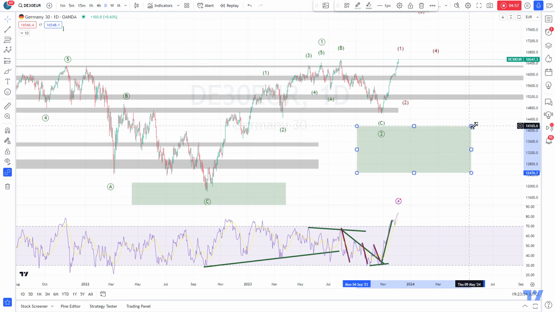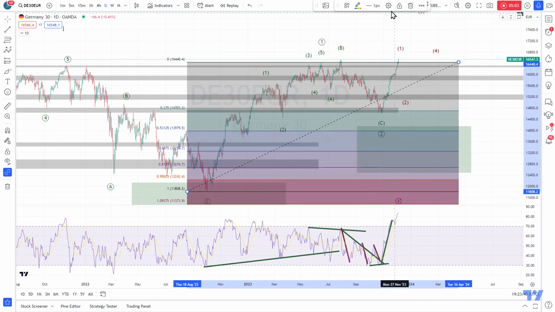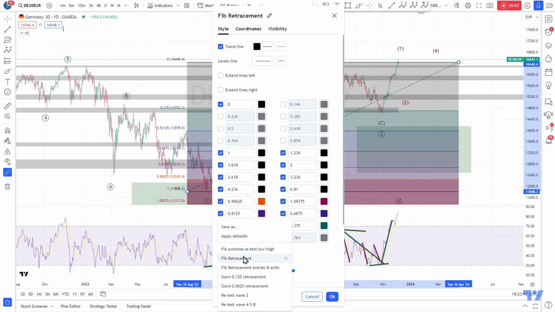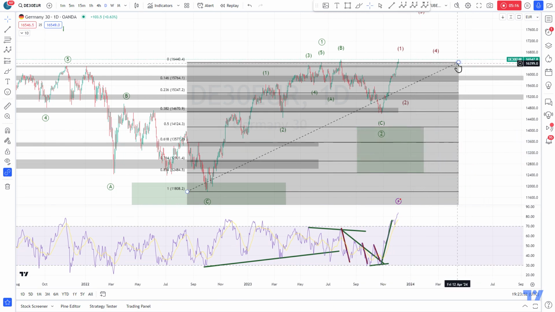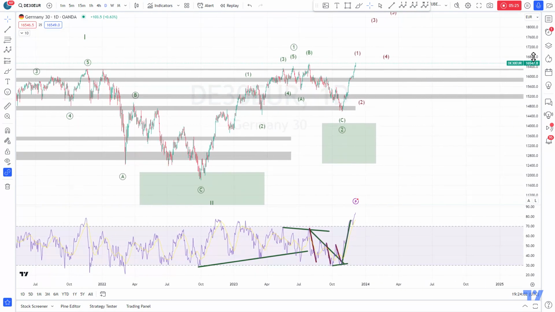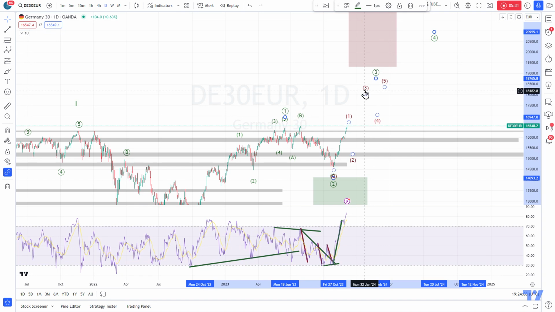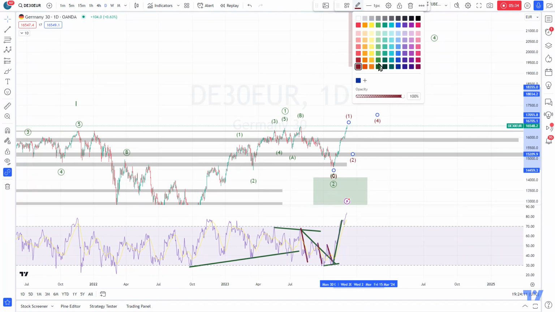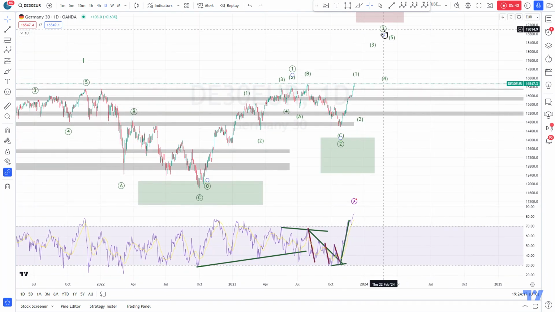We did not reach our wave 2 area. Let's have a look how to adjust this. So this here is our wave 2 area. We did not reach it, but that's okay. And then from this wave 2 low, we are starting a new cycle, a new structure. So the third wave actually, and so now here I can put this in green because